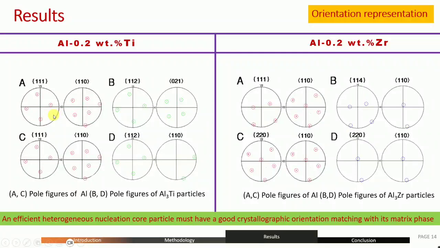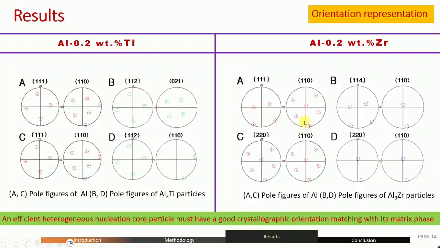Also, we can see when we observe this 110 and 021, the population of one orientation is not exactly as in 021, because I told you it is in the ratio of 3:1. Similarly, all 4 samples were tested, and all 4 samples in Al3Ti and aluminum pole figure have matched this kind of arrangement. So 4 samples were tested.